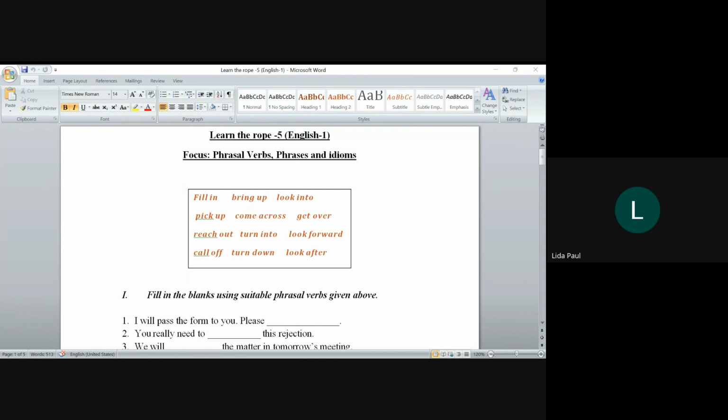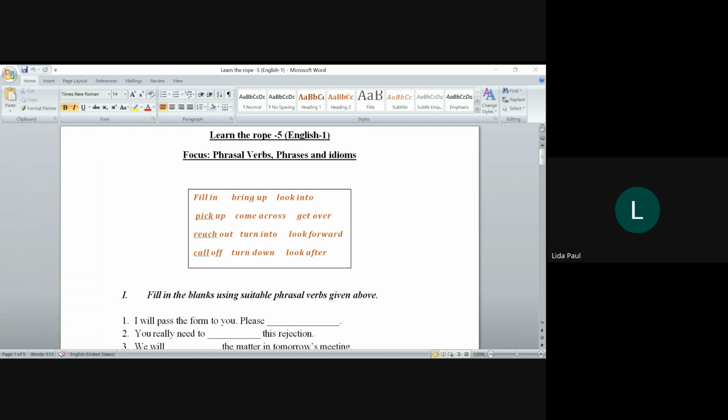All right. So for today's class, mostly the discussion is going to be on phrasal verbs and phrases and idioms, right? In phrases and idioms, we're going to discuss quite a lot of them actually. Of course, we are not intending to fit every possible phrase and idiom in this particular session, but we are going to be discussing mostly the more commonly used ones, or something that I think would be a little